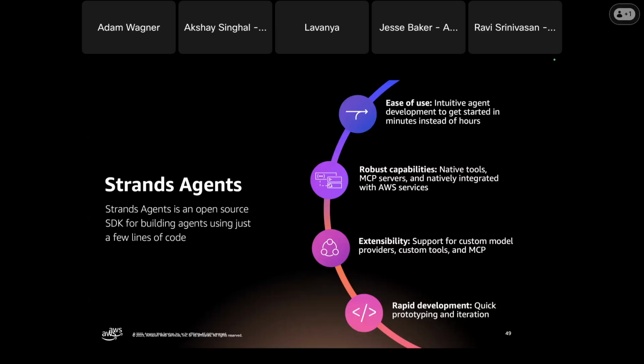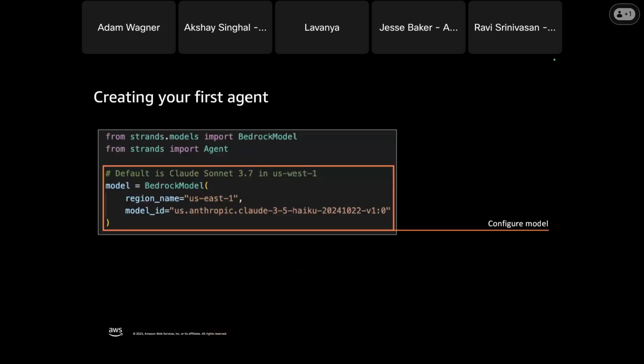And so let's take a look at creating an agent using Strands. So here's getting started with Strands. This is Python, and we're going to import the Strands SDK, and then we're going to choose our model. We actually don't have to even configure the model.